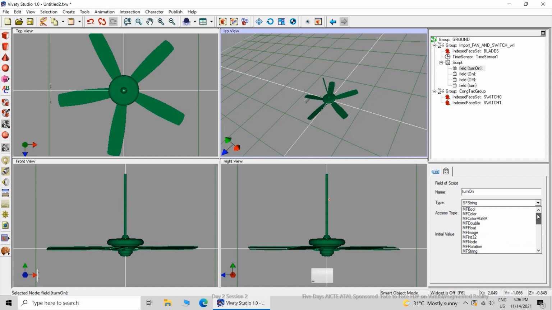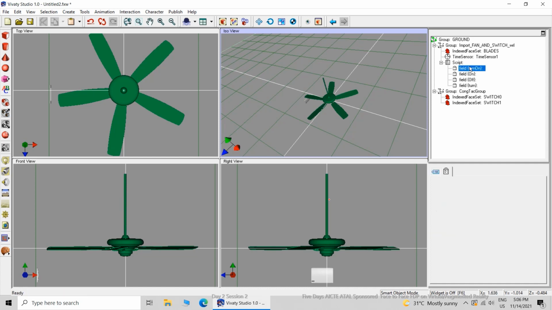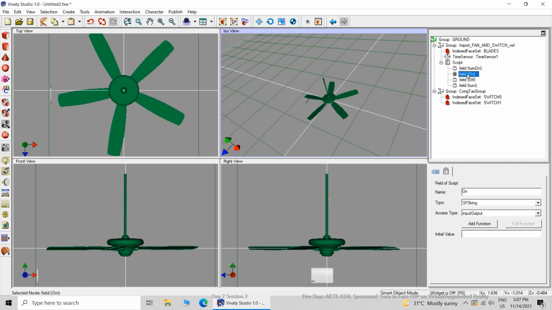Then I will change this to accept boolean, accept bool, and the access type will be input only. Click somewhere on the screen so that the changes take effect.